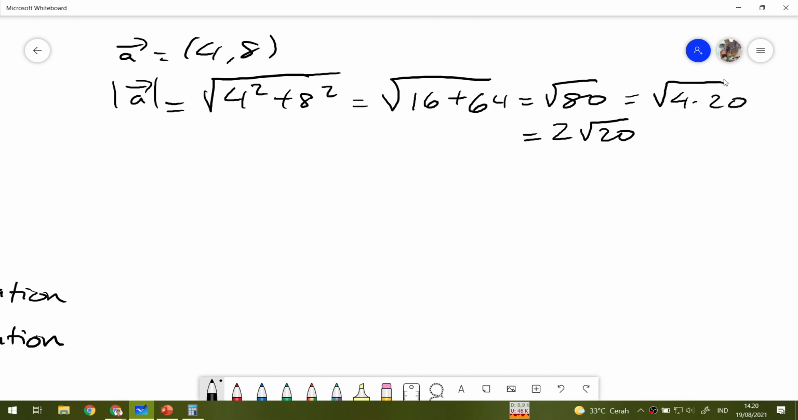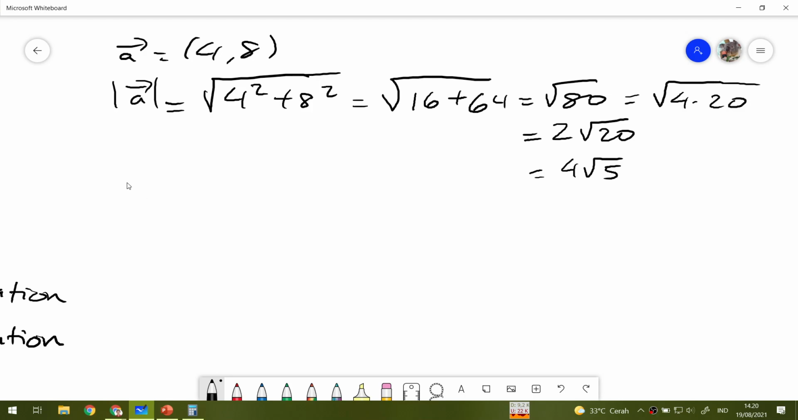Okay, but I think you can actually simplify this 20. So 4 and 5. So you get 4 times the square root of 5. Yes, like that, sir. Okay, then